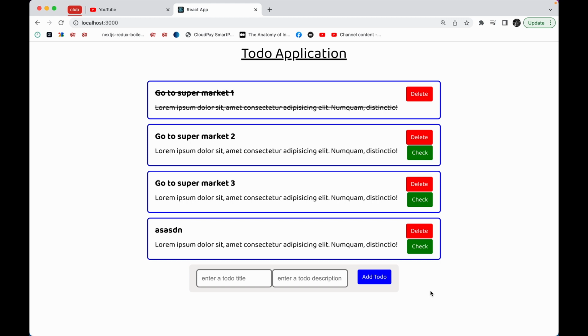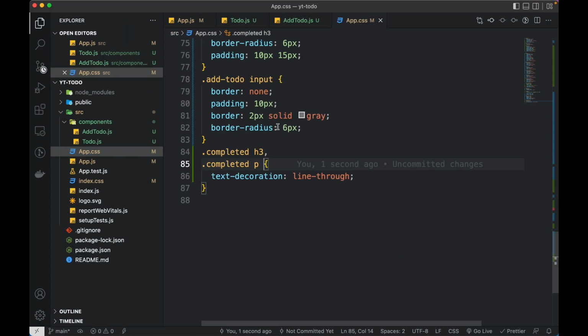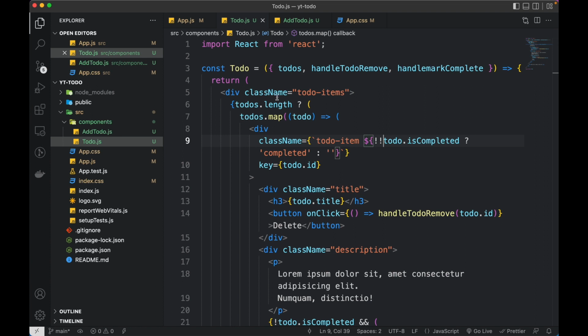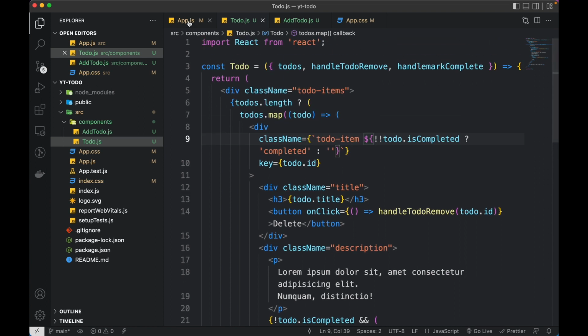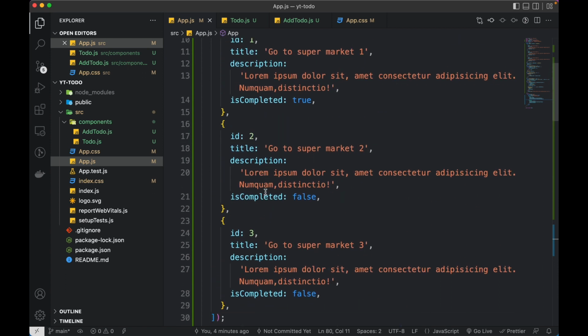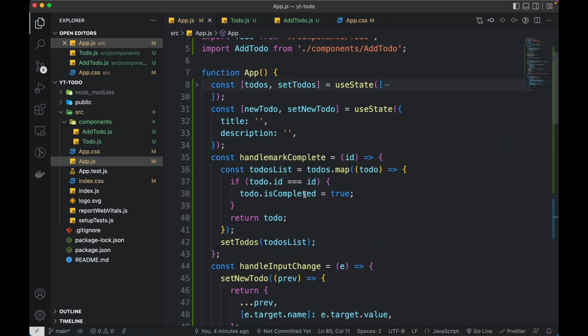Now what I want to do is I don't want to lose my content, or I don't want to hard code anything in the app. What I want to do is connect this application to the local storage, right? So what I'll do is, inside my to do, okay, so first of all, let me minimize this, and